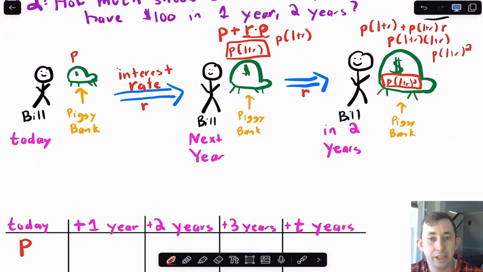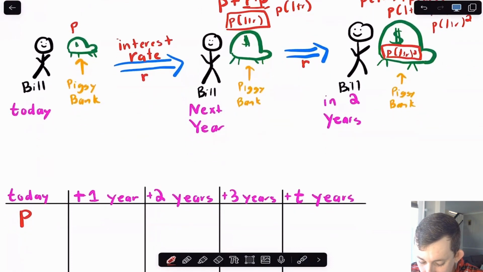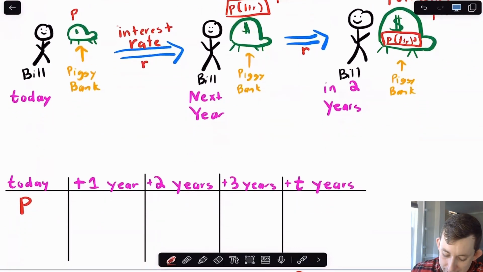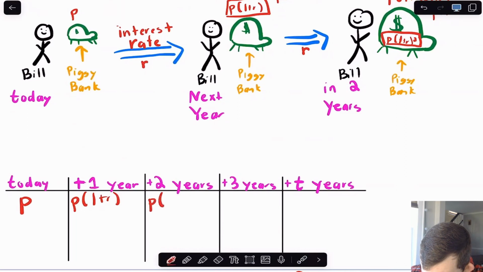And so now let's just generalize this because you can probably start to see the pattern. And if you're having trouble seeing the pattern, definitely leave a comment below. So what we had is that today we have P dollars, tomorrow we have P times (1 plus R) dollars, in 2 years we have P times (1 plus R) squared. In 3 years, again, we're going to multiply this amount by (1 plus R),